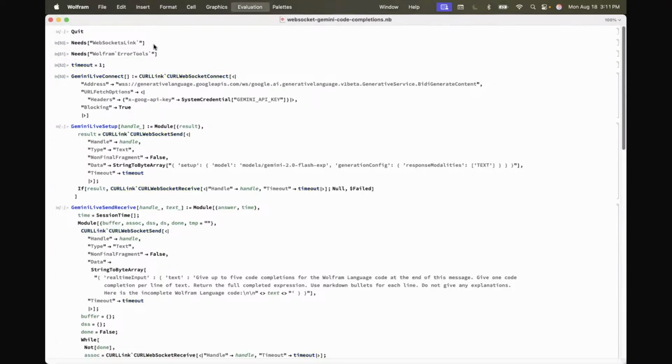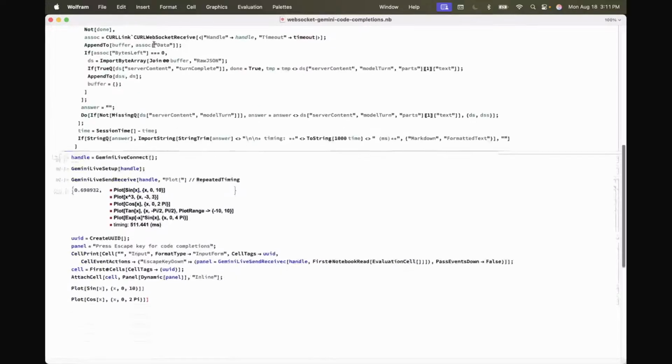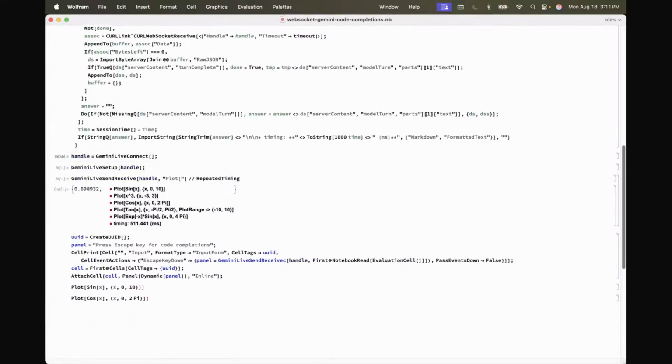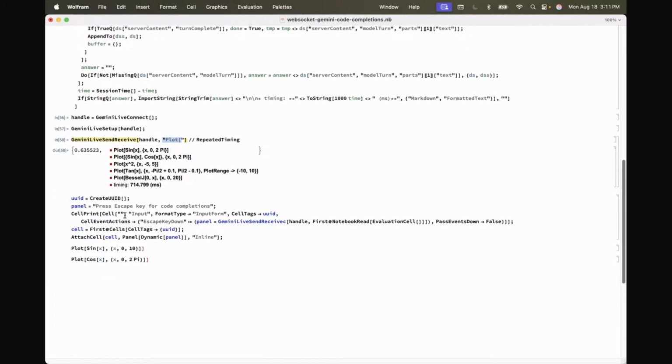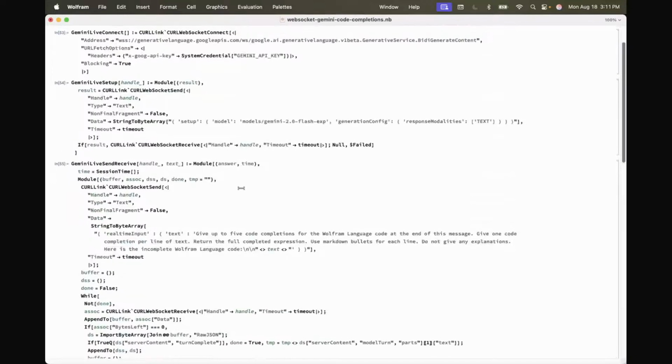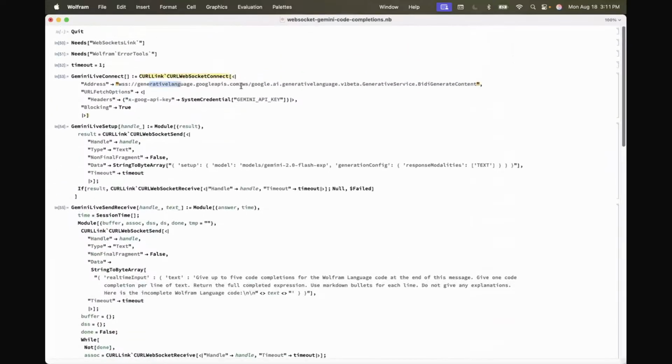It's basically the same example. So when you're typing, you type plot open brackets, and then you want to get some suggestions, and this is doing kind of the same thing. But where is it going to get those suggestions? Is it going to use Gemini, or is it going to use us? In this case, in this example, I'm using the